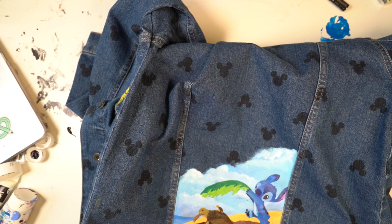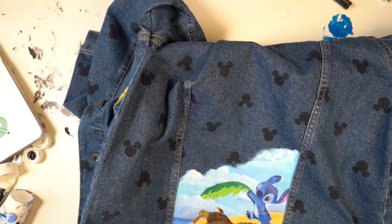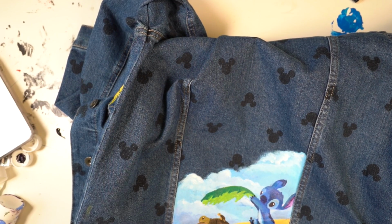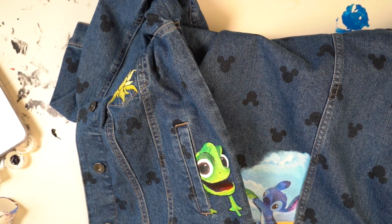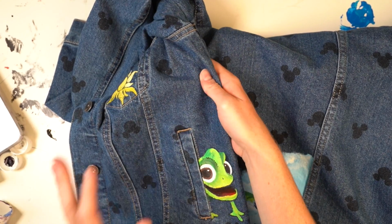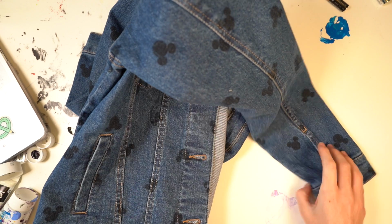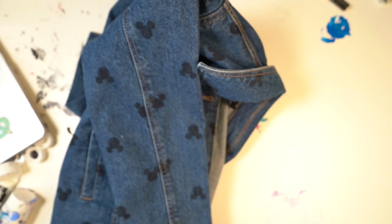If he was on a canvas, I would spend a few more hours on it to neaten certain parts and fix certain parts, but because it is on a denim jacket, I've never actually seen a denim jacket with a perfect illustration on it that's painted perfectly, because at the end of the day, it is a denim jacket. So, I'm gonna work on the last part, which is this side, and I've decided to go